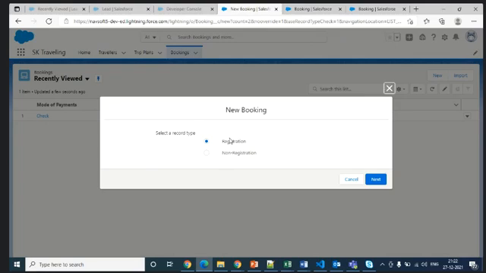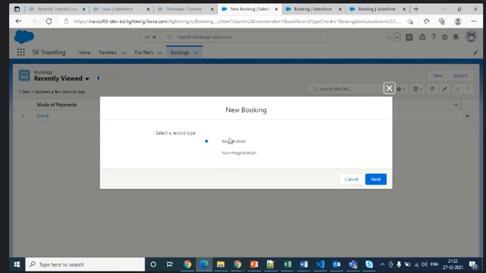What is the use of having a record type now? Record type will help you with the process. You can differentiate based on the profiles. That is one thing. Also, if you want to make a field quickly visible or hidden, you can still use it.